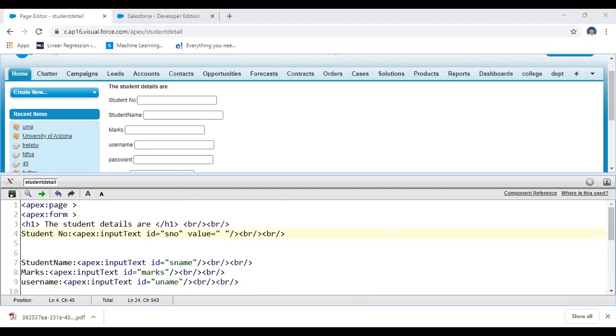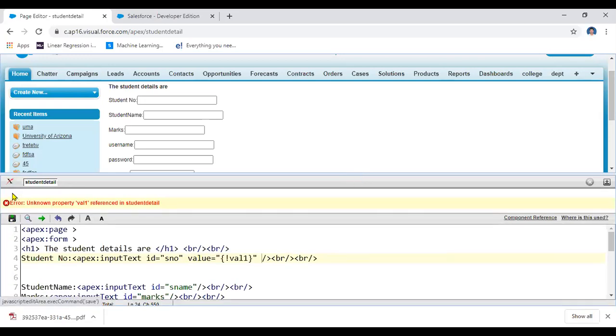From where are you getting the value here, this particular value? The value is an attribute of this one. Yeah, this is some information. For example, I am executing this one. The property value 1 represents the student in details. Okay, unknown property. First, that means here you have to include the controller.